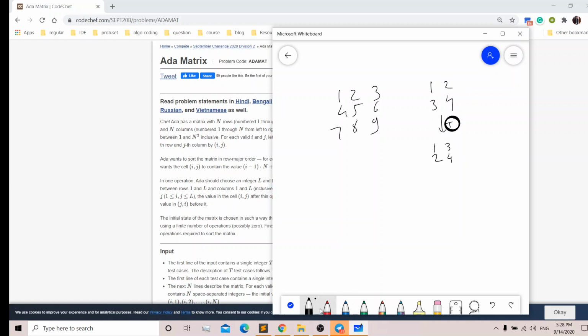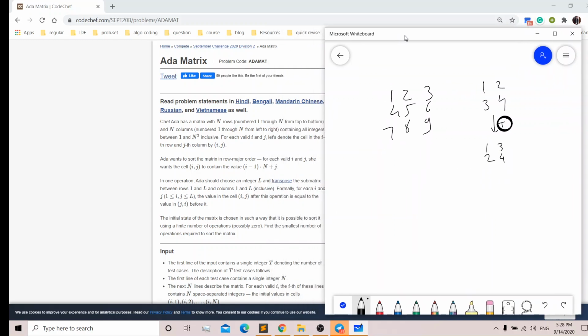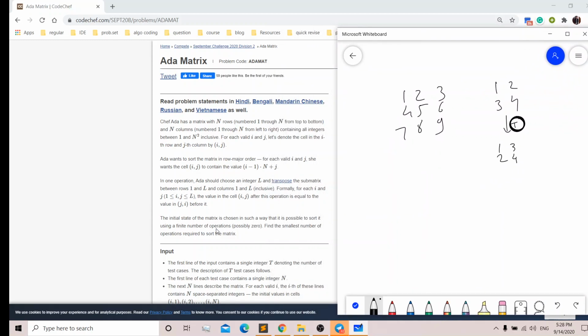One more thing given in the question is that it's always possible to sort the given matrix. There are many cases, like 1, 3, 4, 2, 5, 6, 7, 9, 8.